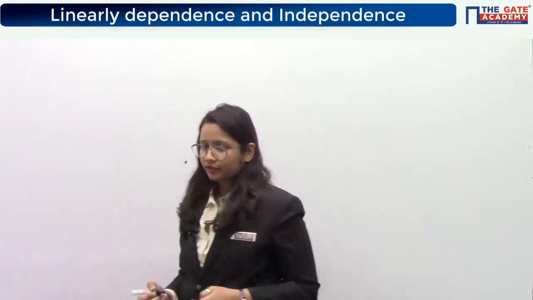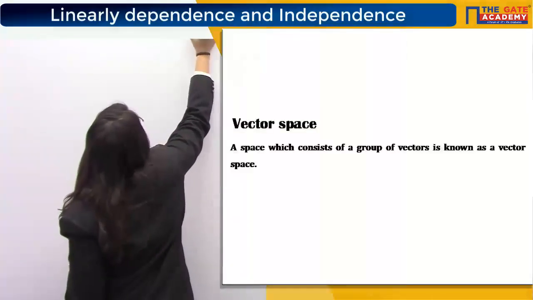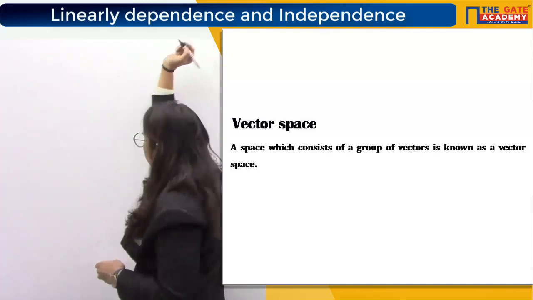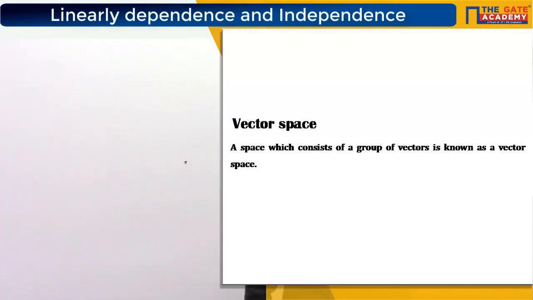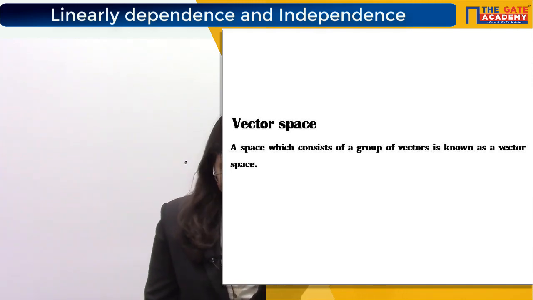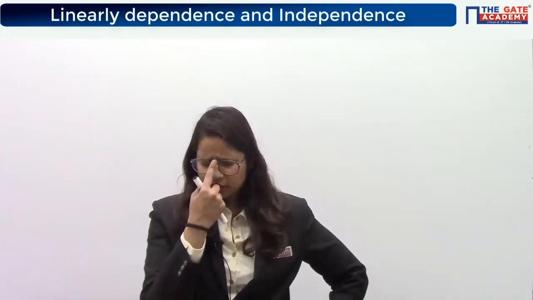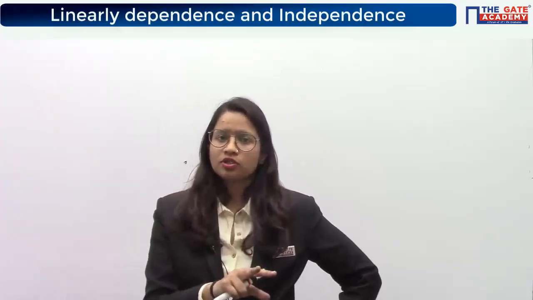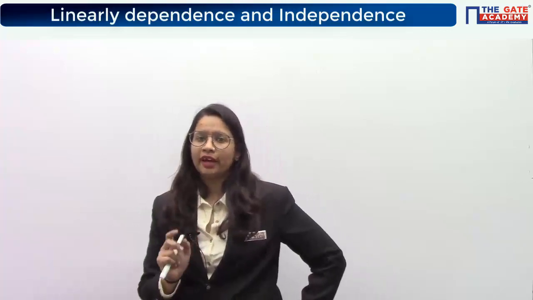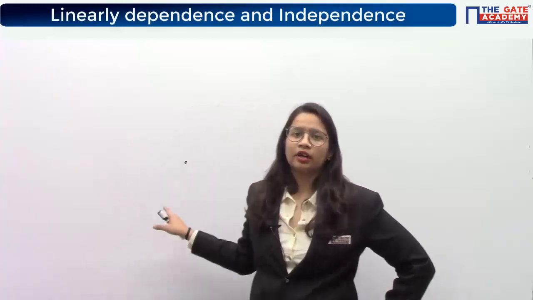Please see the definition from the slide. What is vector space? Like in case of skew symmetric matrix, we have seen that the sum of the diagonal will always be 0. For the skew Hermitian matrix, the sum will be either 0 or purely imaginary. It can be both, 0 also, purely imaginary also. 0 will be when the diagonal elements all are 0, and purely imaginary when the diagonal elements are not all 0.